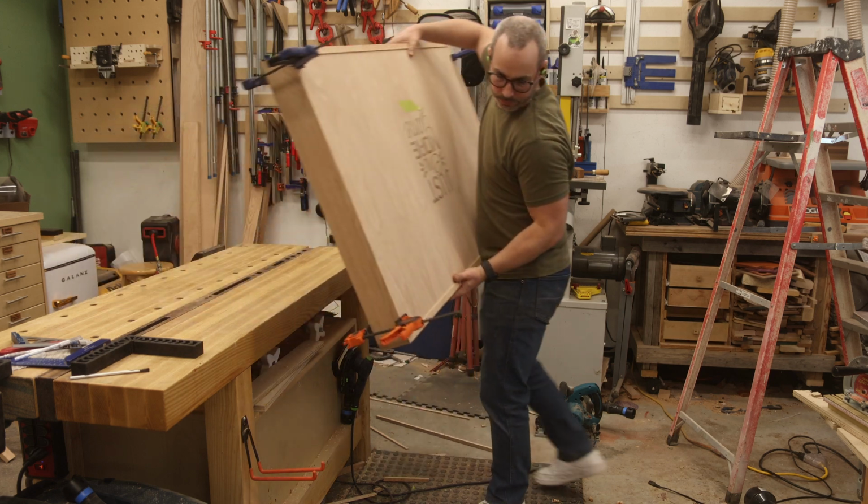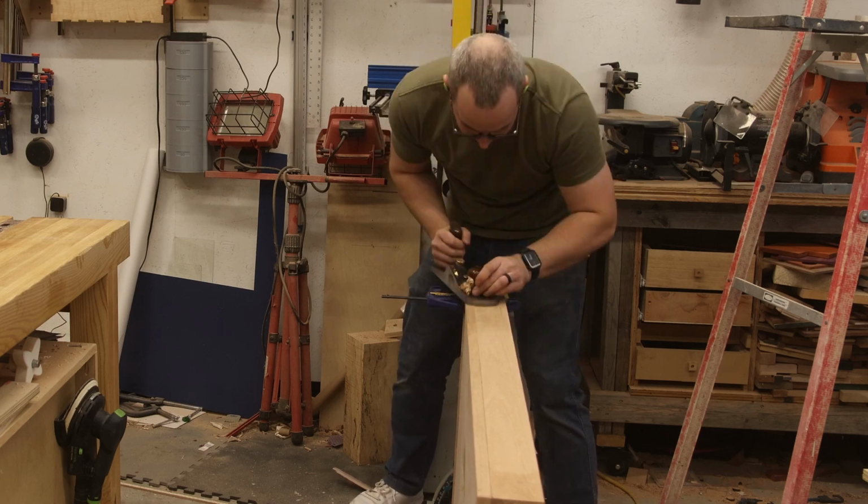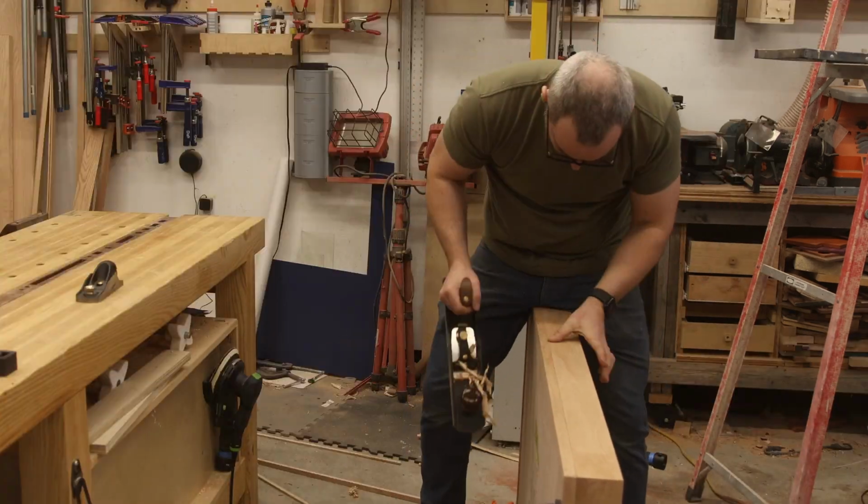While I'm here making some adjustments to get the case and the lid to line up properly, something I really shouldn't have needed to do had I followed my plans a little more closely,